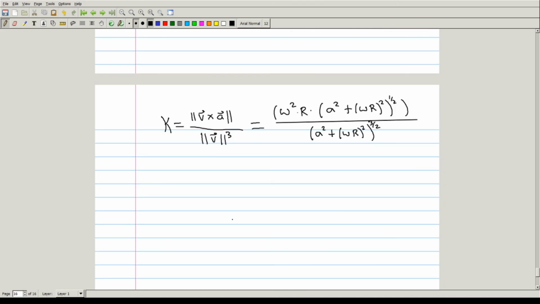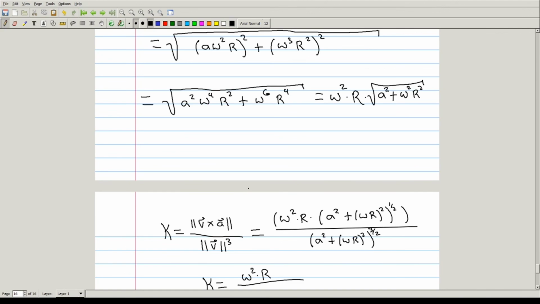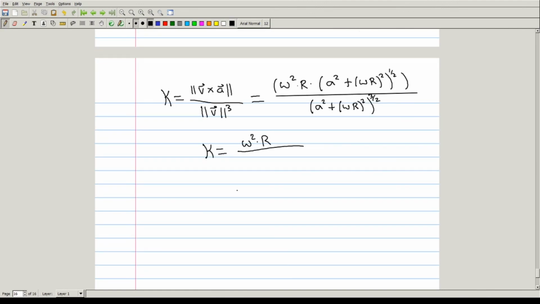And 1/2 minus 3/2 is negative 2 over 2, or negative 1. So we have that this is the same thing as omega squared times R over A squared plus omega times R squared,